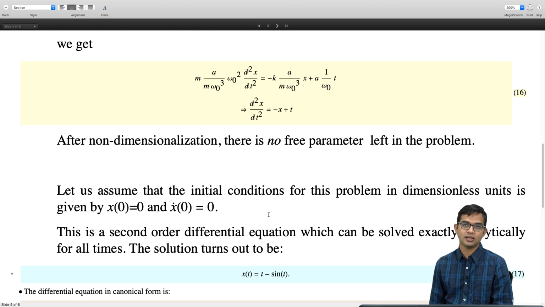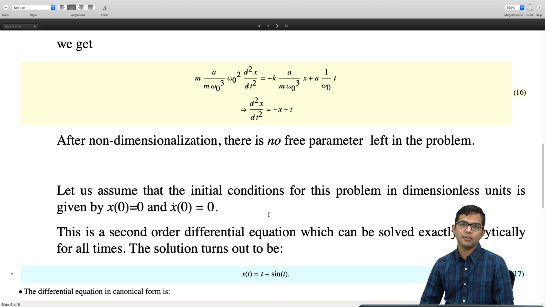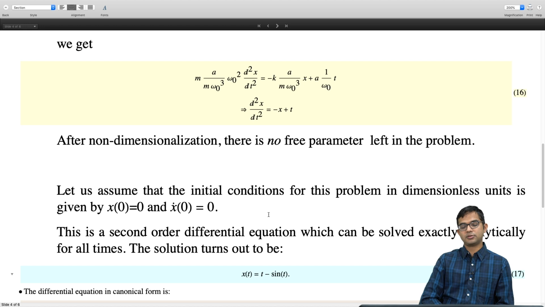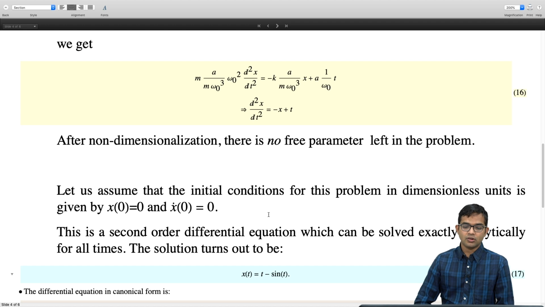So there is a sine of t type of term. Earlier we had a cosine t; it should be there, either a cosine t or a sine t. In this case it turns out to be sine t. It can be an arbitrary combination of these two depending upon the initial conditions. For this problem it is just t minus sine of t, and the t is coming because of the external force. So as a function of time, the position of your particle is going to keep on increasing, and actually it's going to increase linearly with time. These oscillations only give you some fluctuations about this linear form.